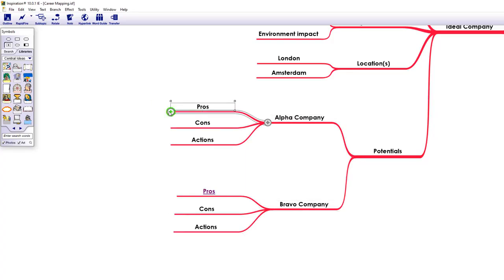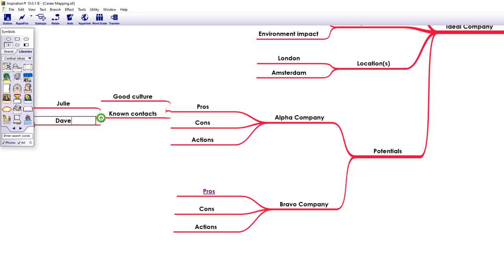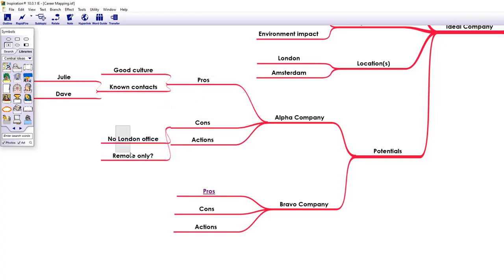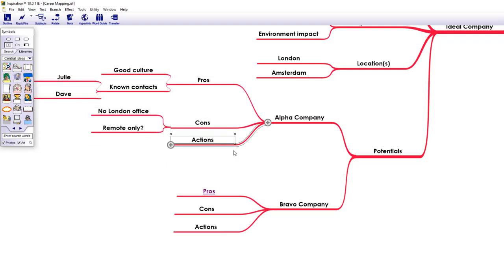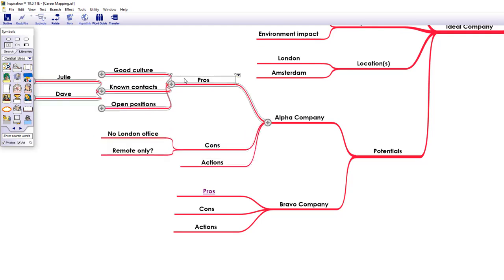Using the Inspiration Mind Map, we can capture some pros and cons about the company based on our research. For example, maybe we have known contacts at Alpha Company and they've told us that the culture there is great. So maybe those two things can go into our pros branch. Negatives for Alpha Company could be things like no locations, or maybe it's an entirely remote company and that goes against what we've captured earlier as things we want from our next move. But we can just capture initial thoughts on pros and cons of our potential candidate companies. Now, let's say another positive for this company is that maybe they are advertising open positions on their website that fit your interests. Let's add that into our positives.